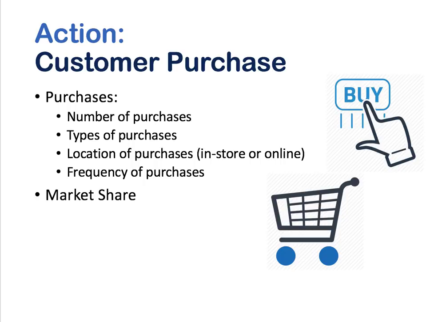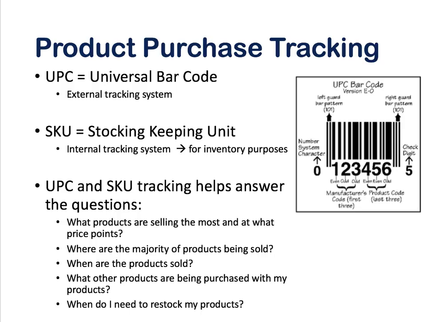And here's something interesting when we think about tracking purchases and behavior that I want to share with you. I'm sure you've all seen these barcodes that are on the bottoms and sides of consumer packaged products, things you buy in the grocery store, at Target, Walmart, drugstores, that type of thing. All of these codes and numbers have a specific piece of information that then gets passed back to the brand and to the parent company. So you'll see something, usually the UPC code, which is the universal barcode, and that's the external tracking system, usually put on there by the parent company and by the brand.